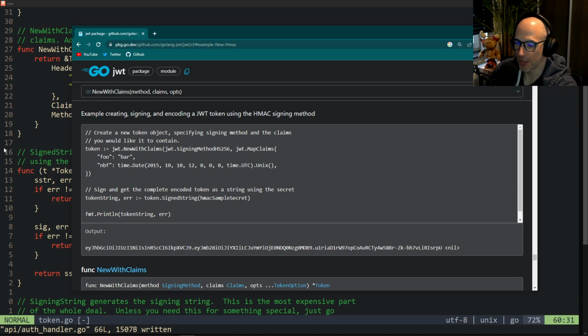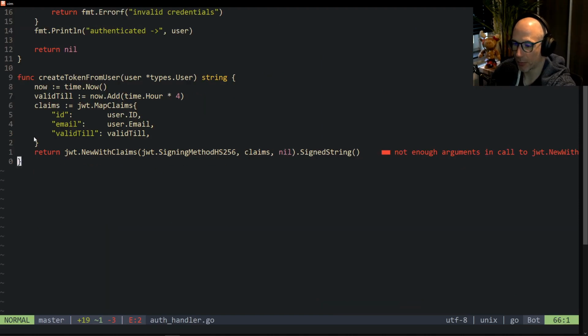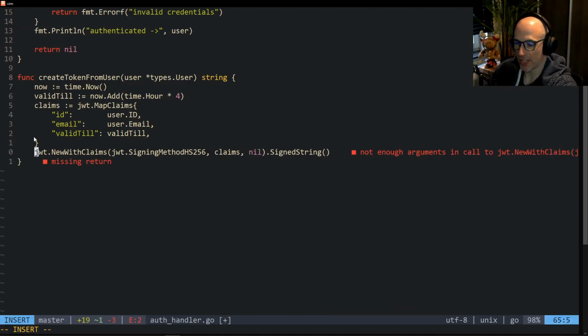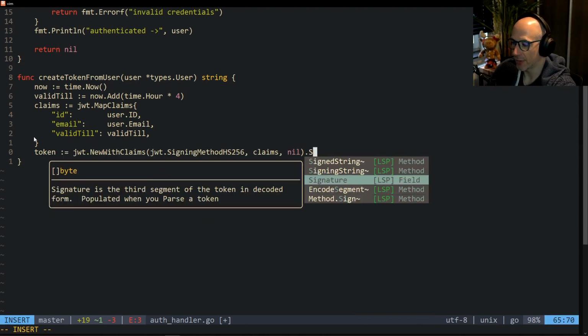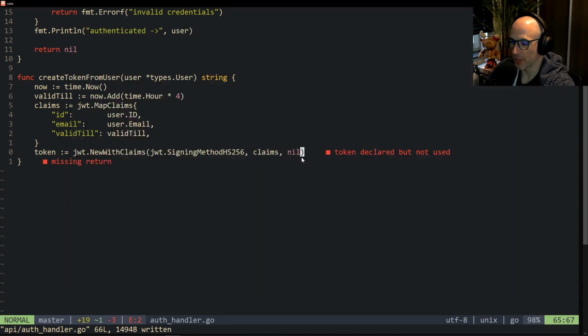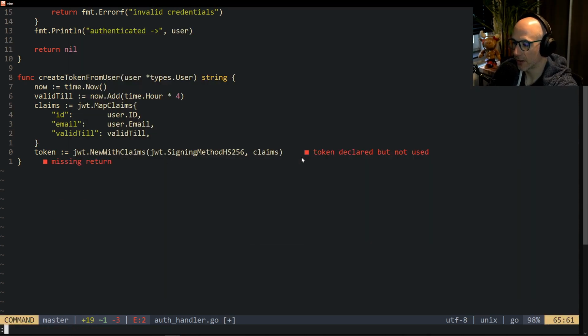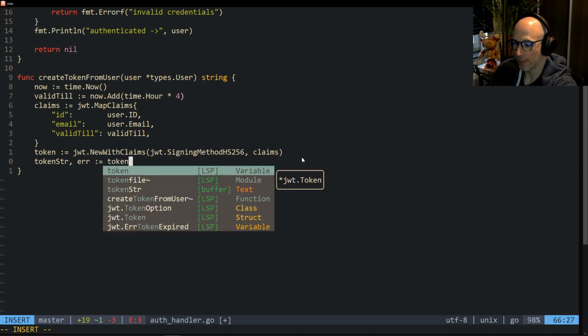Okay. I see. All right, so we cannot do that. We need to first do a couple of steps. I thought it was much easier. So first of all, we're going to say that the token is going to be this thingy here, right? I think they also do nil in this, right? They don't specify anything actually here. Okay, that's fine. So we have a token. And then we're going to say that the token string, error is going to be token dot